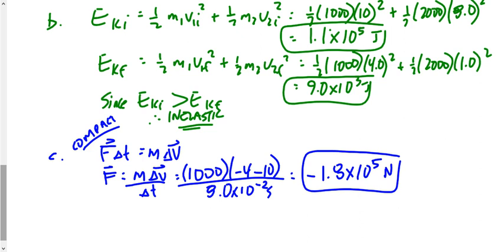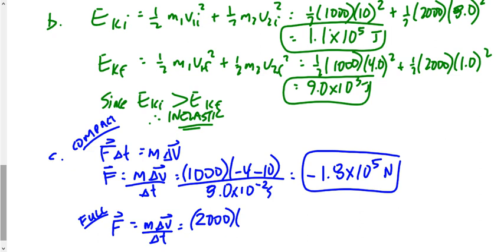Or you could say 1.8 times 10 to the 5 newtons to the south. The car is moving to the north. When it gets stopped, the force that stops it is to the south. Now, if you want to do the full-size car, which you want to do here because you're asked to find the force on the full-size car, we would say m times delta v over delta t again. The mass of the full-size car is